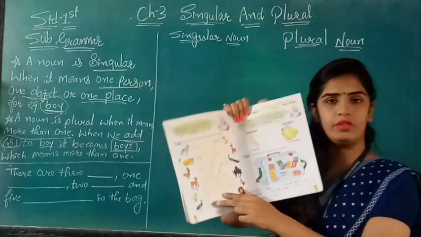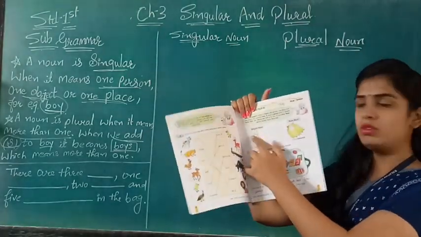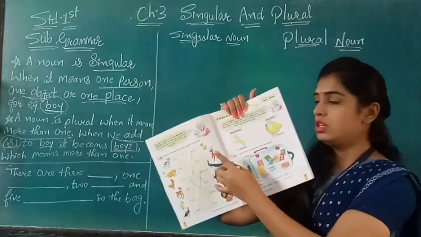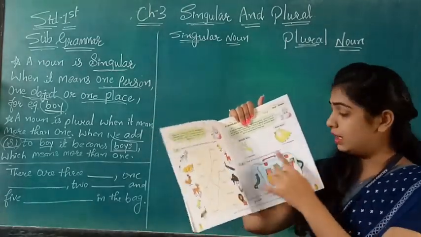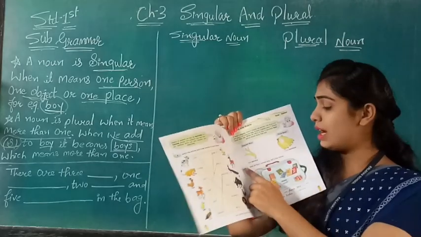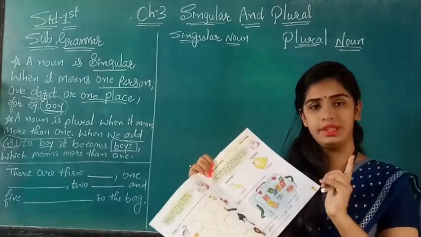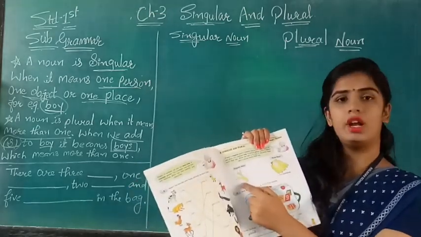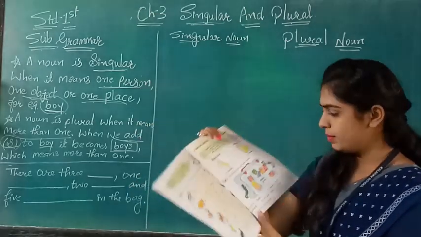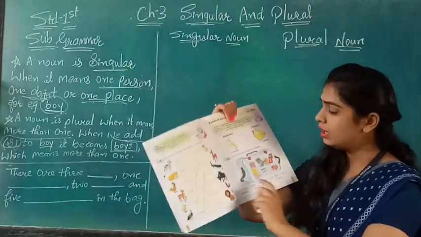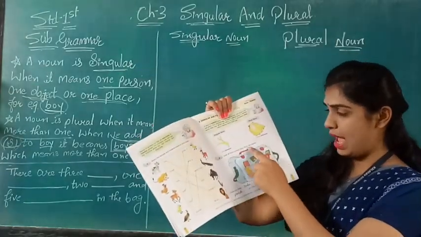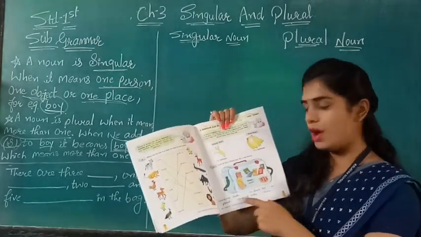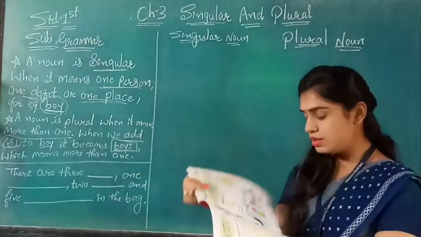First of all, see here we have given an example of singular noun and plural noun. Okay, so what is given here? Banana. So here it is one banana and here it is many bananas. One banana means we are talking only about one thing. Okay, and here we have many bananas. So this is singular and this is known as plural. Okay, now see here, look at Tina's school bag, fill in the blanks. We have given here Tina's school bag. Okay, so we have to read this and we have to fill in the blanks.